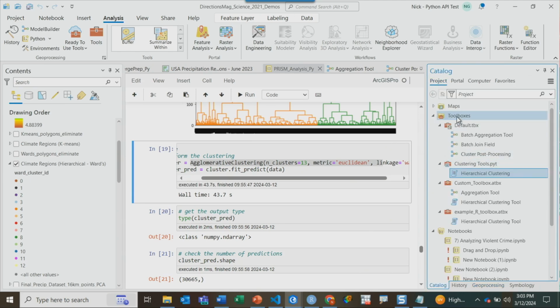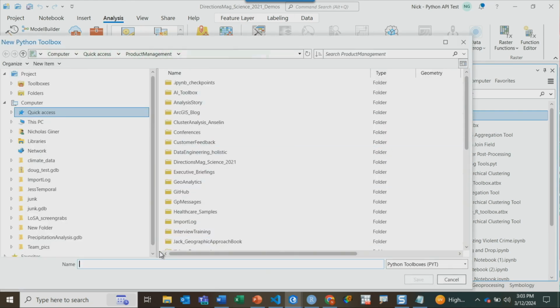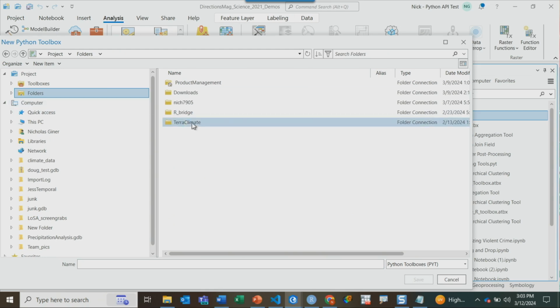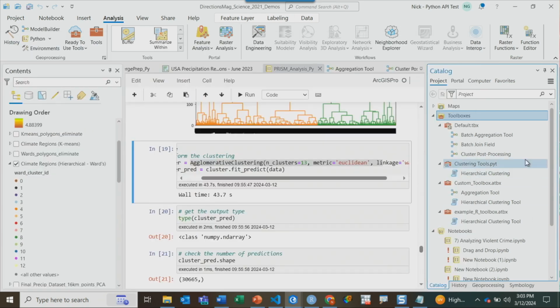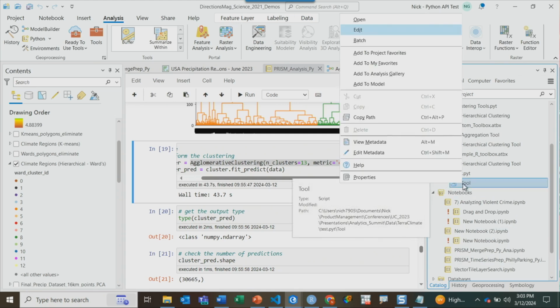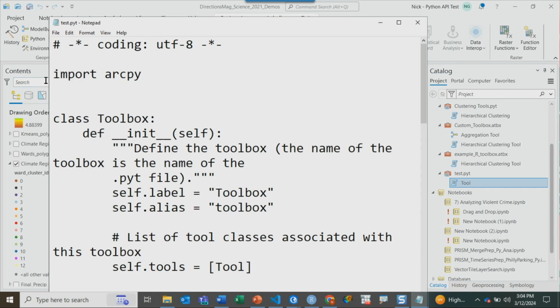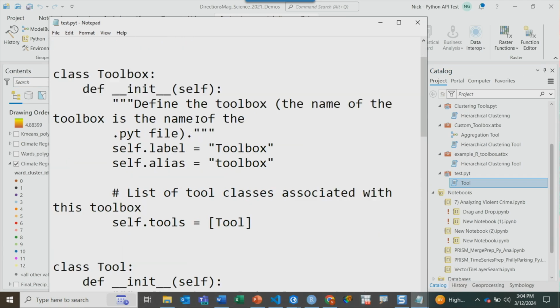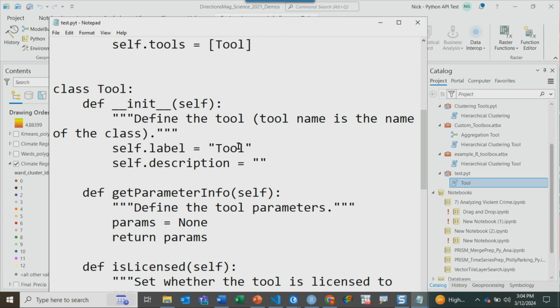So the way that I've done that is in the toolboxes, I've actually created a new Python toolbox. And so when you create a new Python toolbox and you save it somewhere, call it test, save, what it will automatically do is create this script for you. And if you look to edit this, it actually creates all of these classes for you, where, for example, I could go in here and I could say,